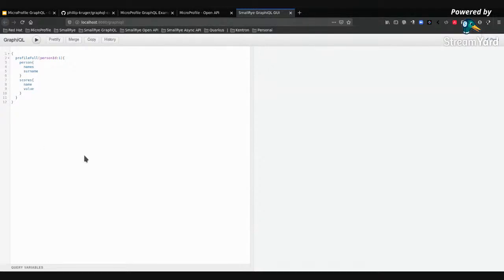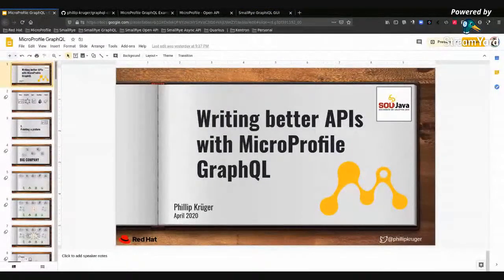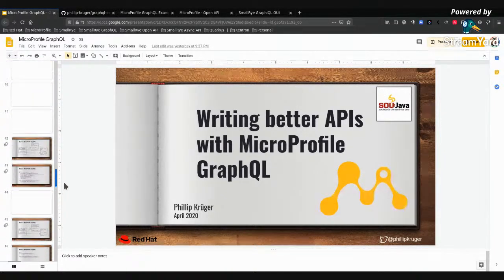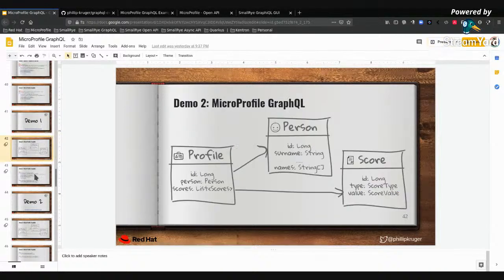I actually need to quickly, before we do this, switch back to my presentation. I'm potentially just going to do this so that I'm not in present mode, and I don't have to switch screen sharing. So let's go here. Right, so what we're going to do in demo one is, well, we've